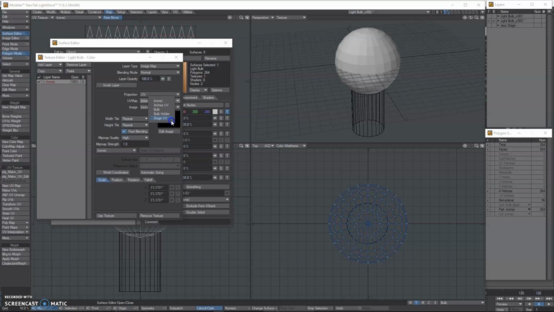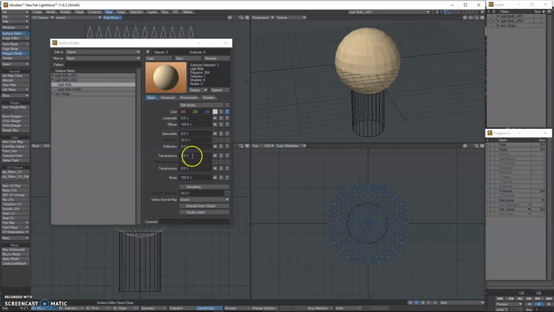UV map, bulb, and then we'll go bulb grit. All right, so then we'll turn smoothing on, kick up our luminosity on that, our specularity on that. Might do some other things, but we won't know until we actually bring it into